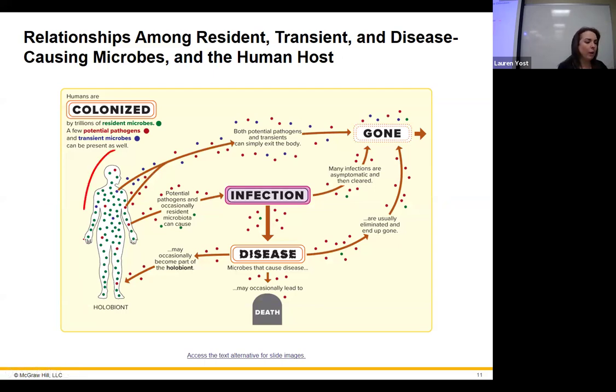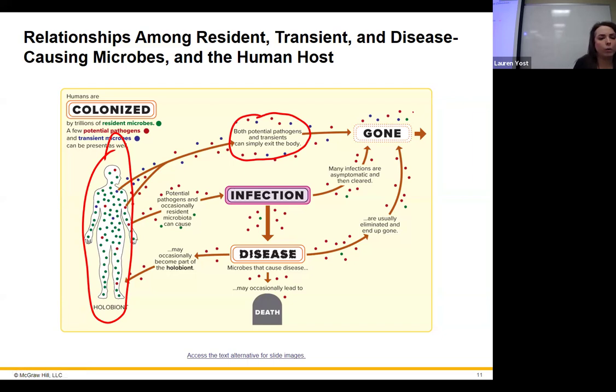So this is your whole biont, you and the things that live in you, the organisms that live in you. We have potential pathogens and organisms that can just leave the body. That's like my normal biome, my Staphylococcus epidermidis, like a lot of us have. Me leaving it up here on the table as I'm touching things. If you were to swab it, you could probably grow it. And some of them might be potential pathogens like staph. So it leaves your body that way.